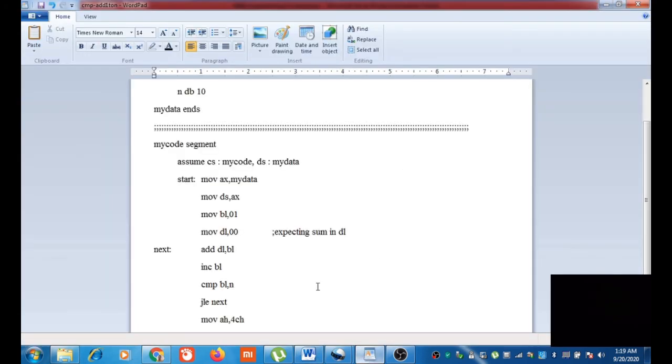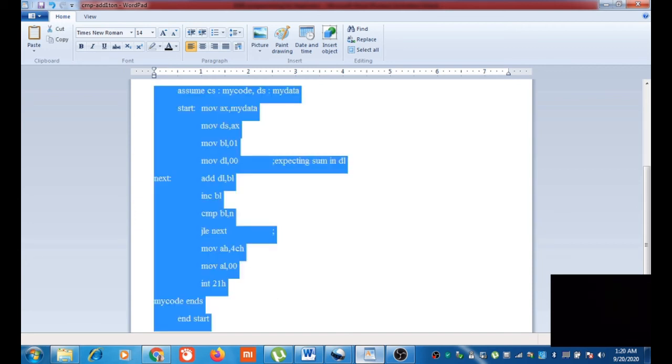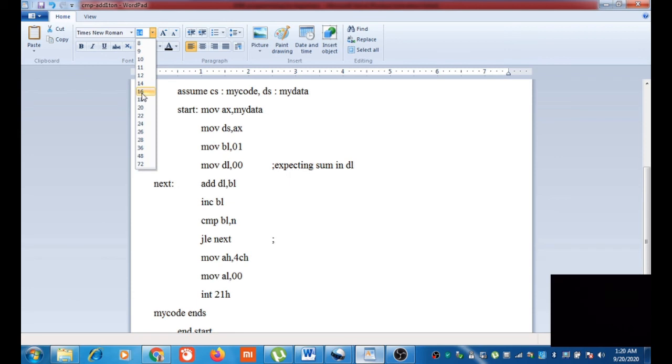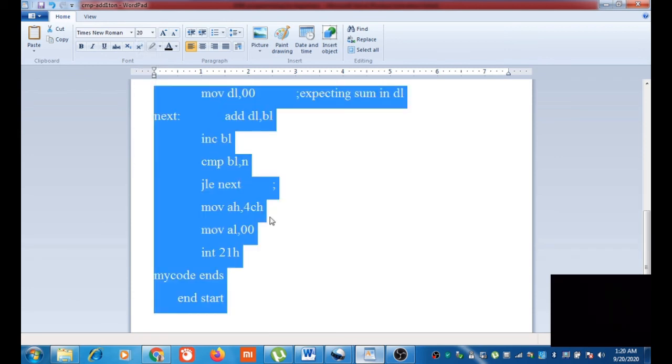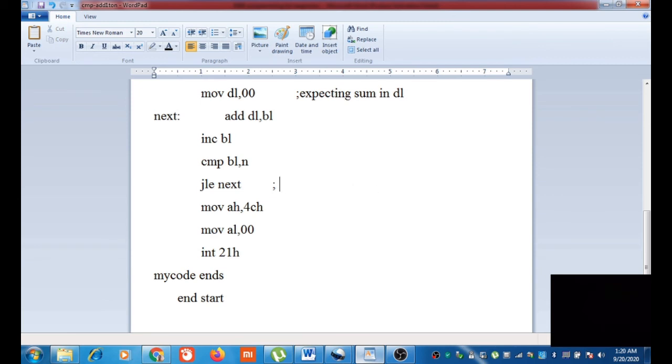So let us move to our program. CMP BL, N. JLE next means jump to the label if BL is less than or equal to N. It will add the new value to BL, then again increment BL.